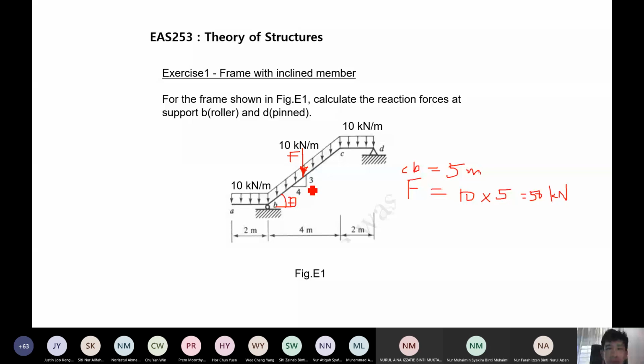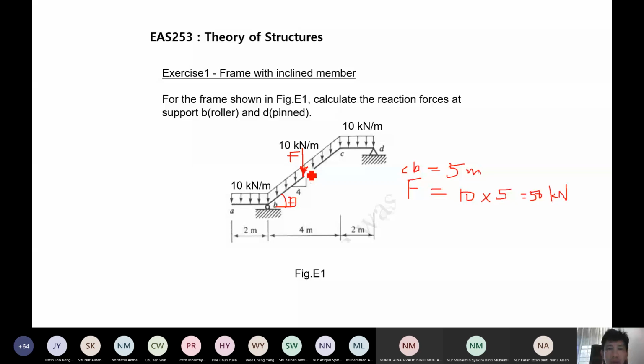When we put equilibrium of forces, we need to use this force, considering it going downwards. Next, when we consider this force in a moment equilibrium equation, you need to know where it is acting. For this uniformly distributed load, this F, 50 kilonewton, acts in the middle of this length, at this point here. And because it is acting in the vertical direction,